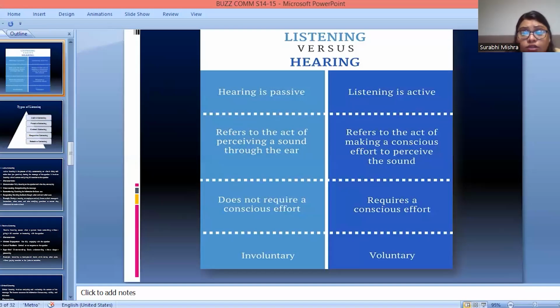Listening is voluntary. As we are involved in conversations, we have to participate, and we have to respond. So in that case, listening is voluntary. Hearing is involuntary because we don't have to participate in it. We don't have to respond to it, right? Moving towards the next slide,